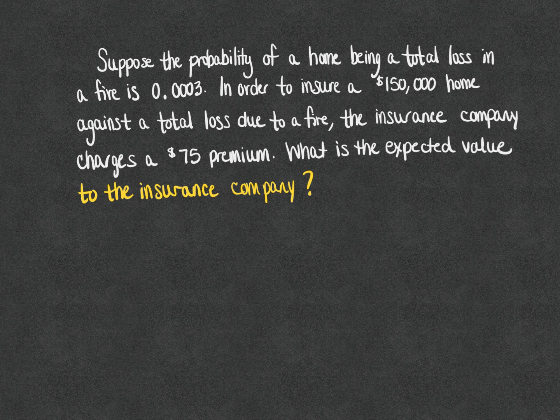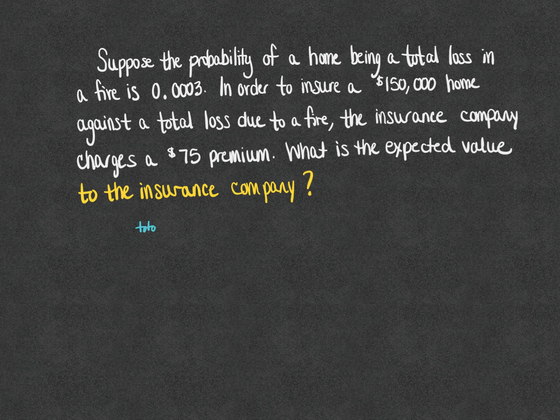Now, in real life, insurance is quite complex. You're not just paying to protect yourself against the total loss of a fire. You're protecting yourself against partial loss from fire, from flooding, from hail damage, storm damage, tornadoes, water leaks, whatever it happens to be. So there's a lot more involved, but this would be a small example of one piece, perhaps, of your insurance. So we're going to calculate what the expected value is to the insurance company. We're going to take a perspective that is, we are the insurance company, and we're going to go from there.